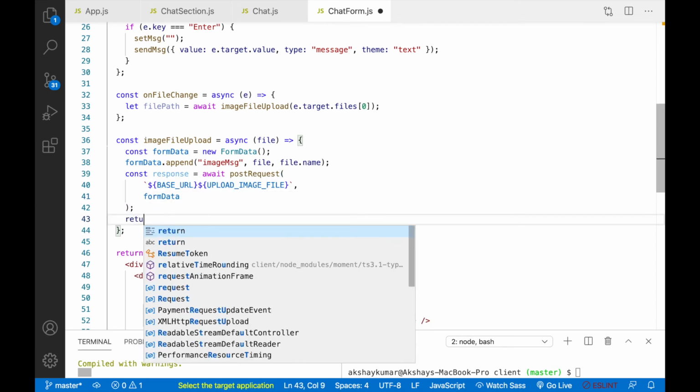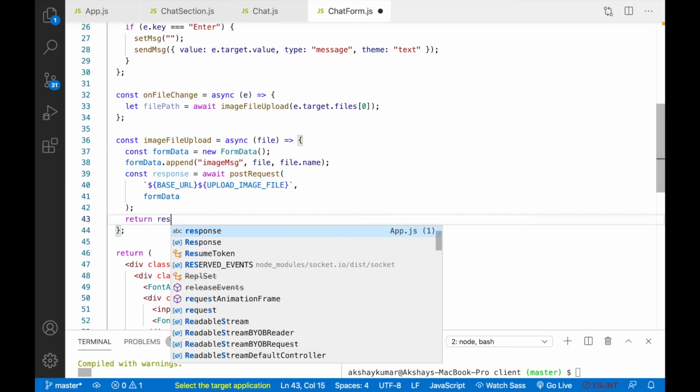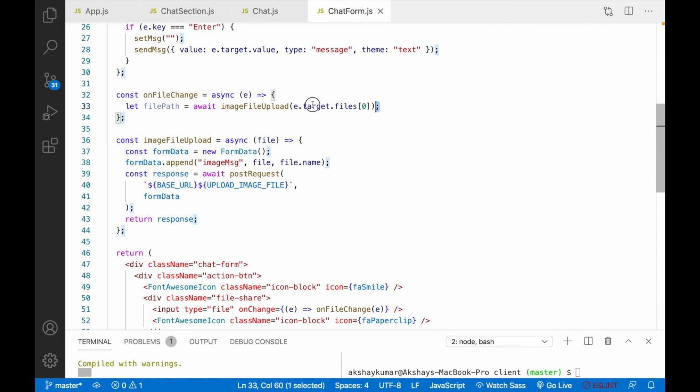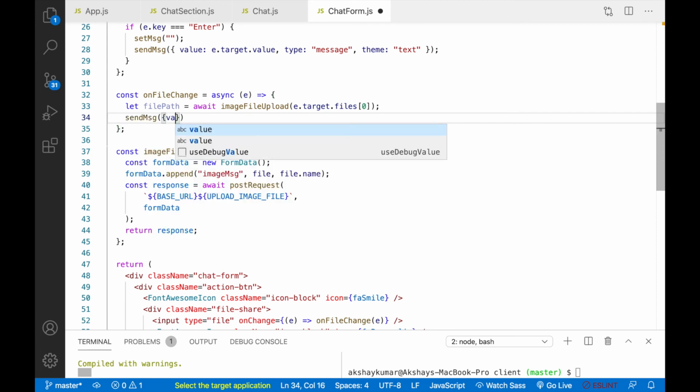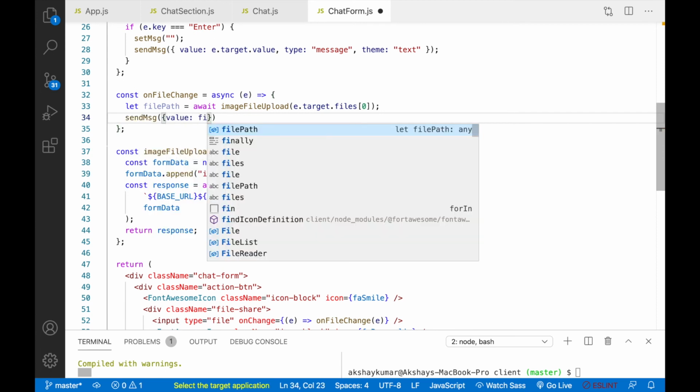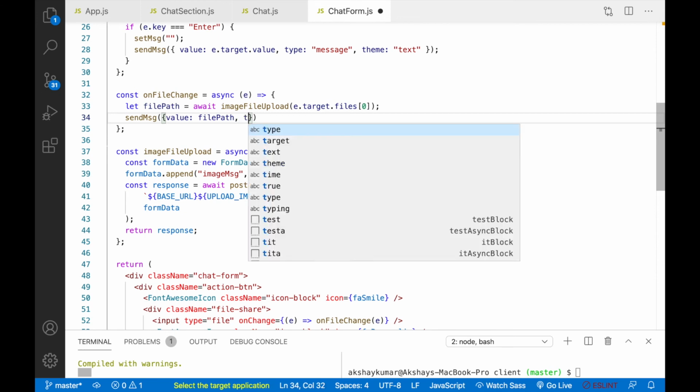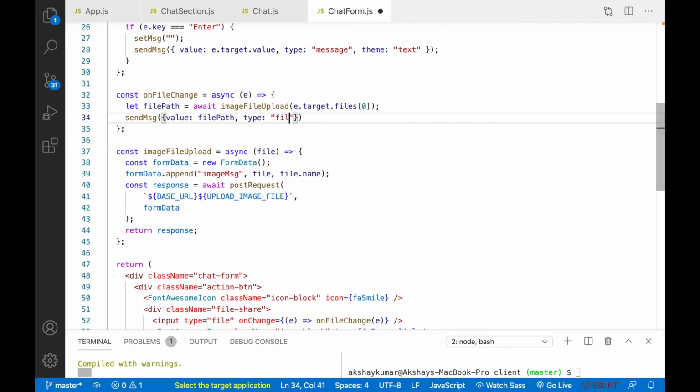Here we'll just return response, and here we get the response in the file path, and here we can write send message. We'll take value, so this will be file path, comma type, so this will be file, and theme will be image. Okay, so this is done.